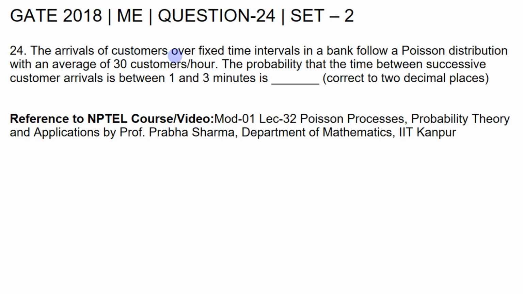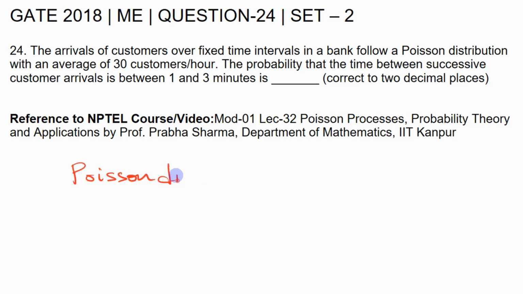The arrivals of customers over fixed time intervals in a bank follow a Poisson distribution with an average of 30 customers per hour. The probability that the time between successive customer arrivals is between 1 and 3 minutes is, okay, so let's say the probability P of X, since it follows the Poisson distribution, we can write Poisson